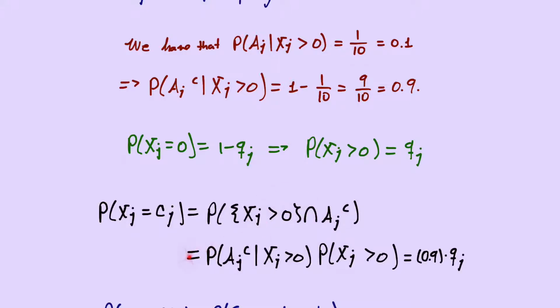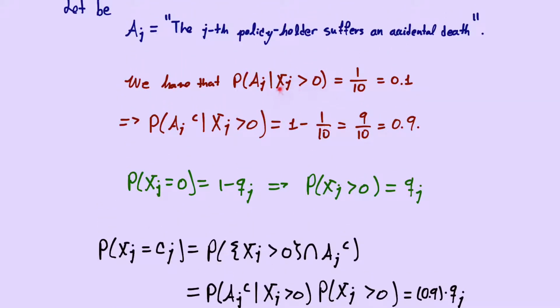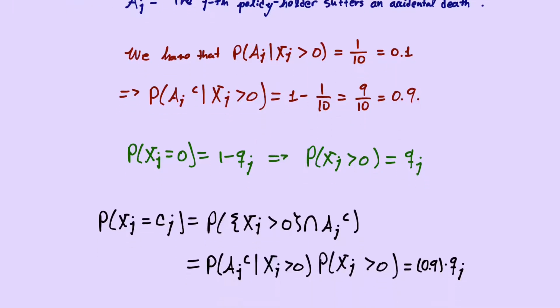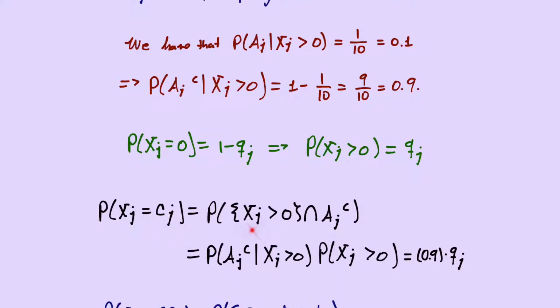That is the reason that we can compute this in terms of this. And we have already this probability. The right side is Qj, and the left side is the probability that we were talking about, that would be, in this case, 0.9. So using this little trick, we can compute the probability for xj to be cj equal to 0.9